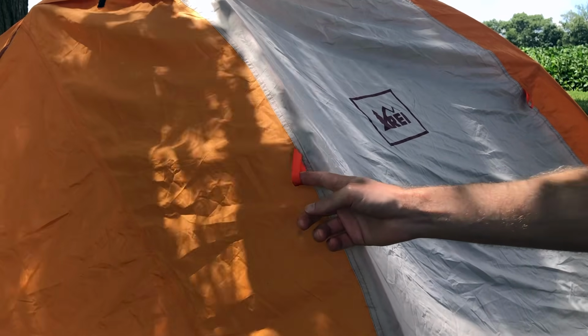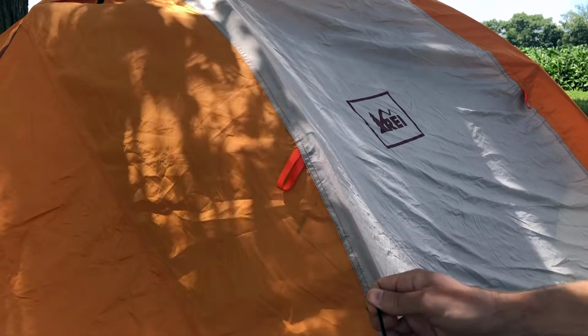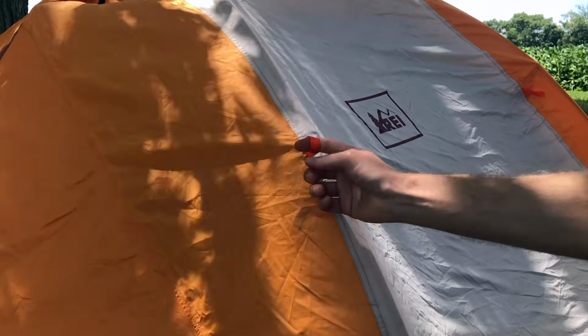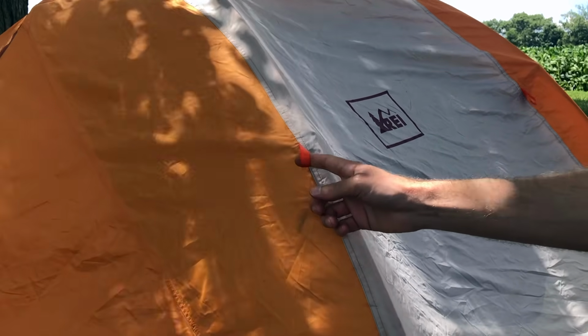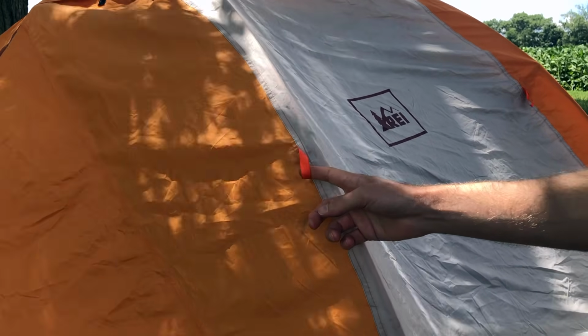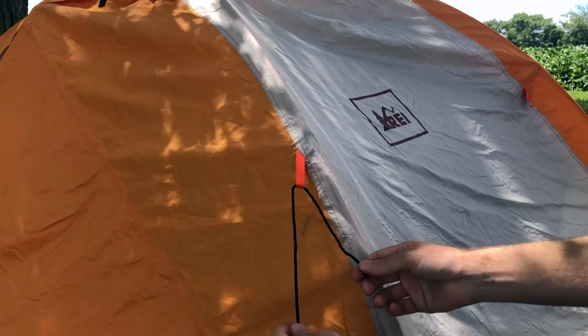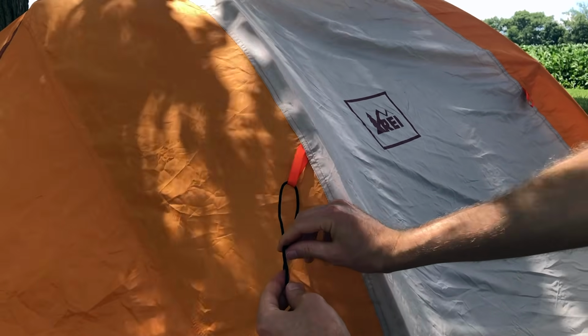So in both cases, whether I have the plastic slider on the end of my rope or if I'm just using a regular old rope, I'm going to tie a bowline knot on the loop off of my tent's rain fly. Okay, and so I'm going to show you how to do that here. So you take your rope, pass it through the loop like so,